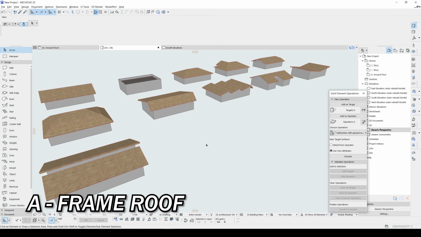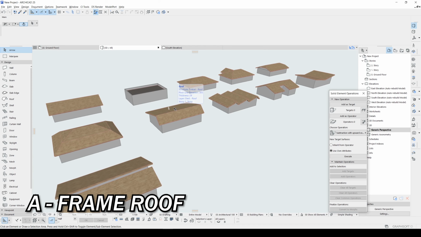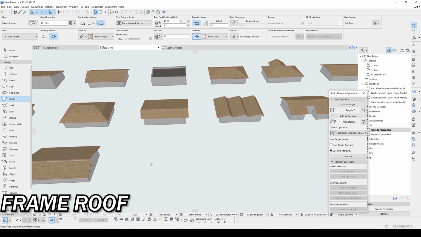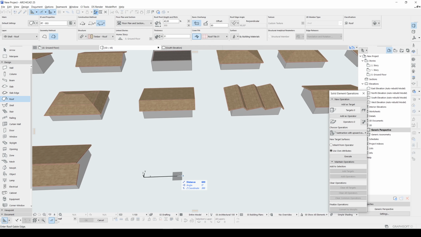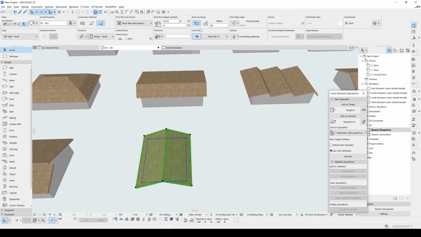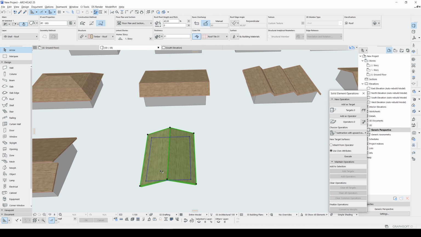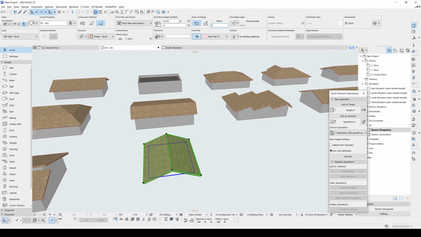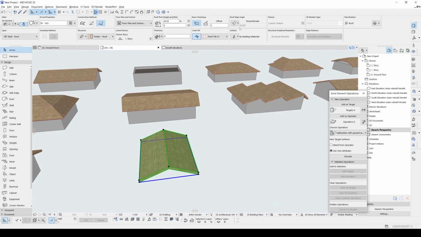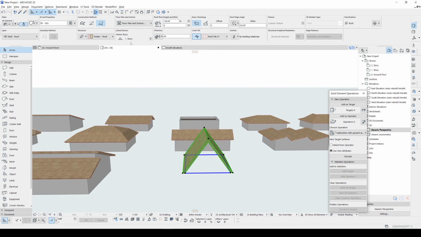Alright, next one will be A-frame roof. This is going to be very simple. Let's click the roof and maybe from here to here, extrude to this direction. For this model, offset overhang will be 0. And roof edge finishing will be determined by our slope. Let's make this 100. Maybe more. Just like that. By the way, this home story is first. Let's change to ground floor.